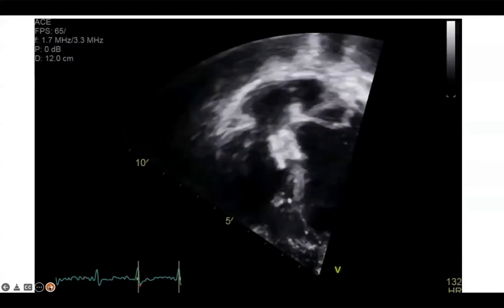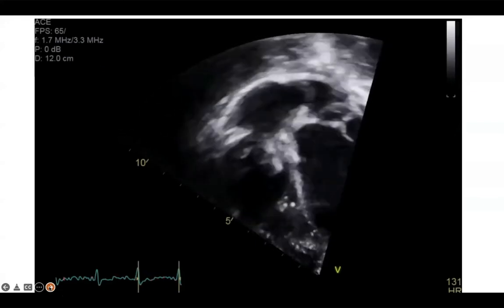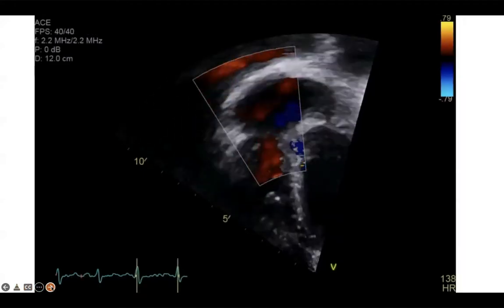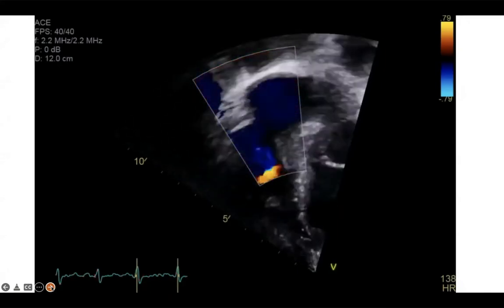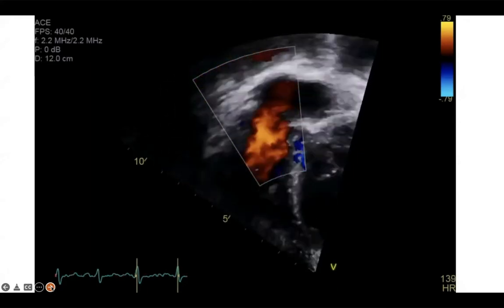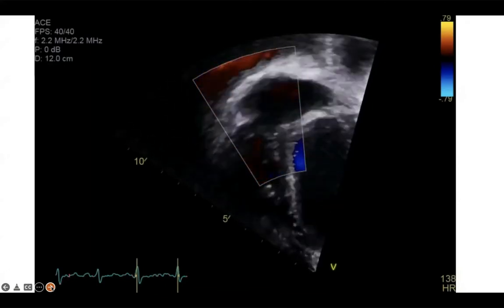So we were happy with that, and we went on and released it, and you can see what it's like on echo the following day, with no interference with the tricuspid valve, and no residual shunts. So really providing very effective closure in what we thought was a borderline defect,